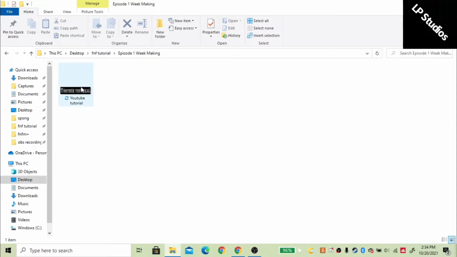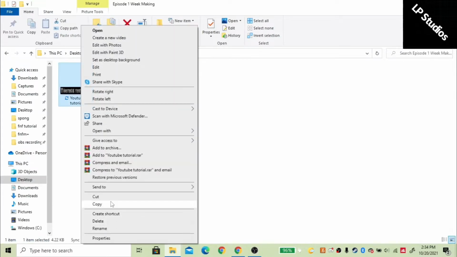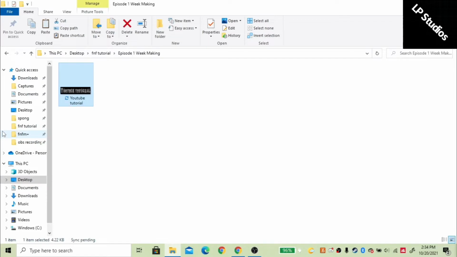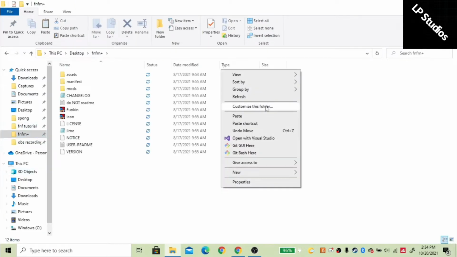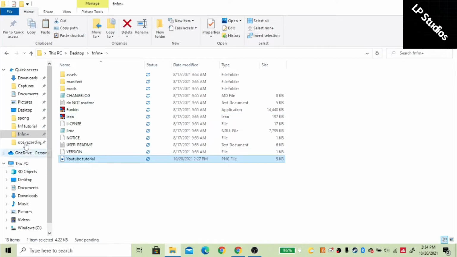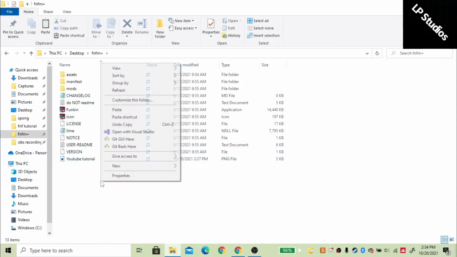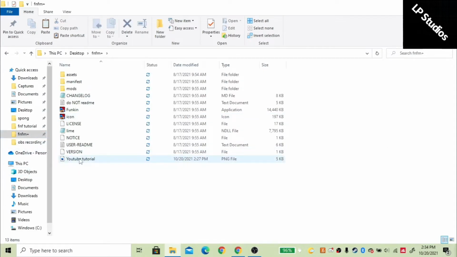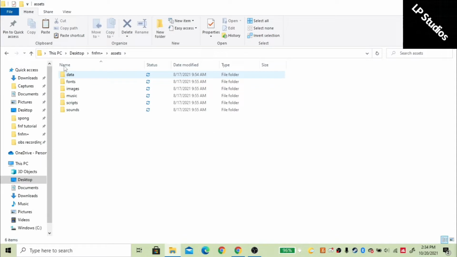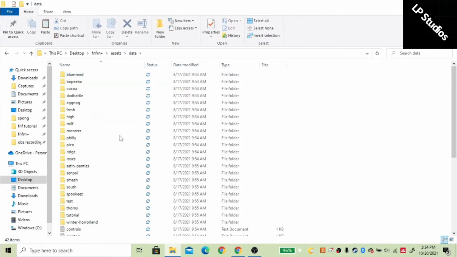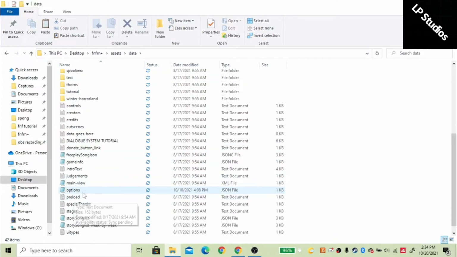I pre-made my own week icon, but you could make your week icon on anything. So you just want to paste it into here. You click, and then you paste it into here, and then you go to assets, data, and then you go